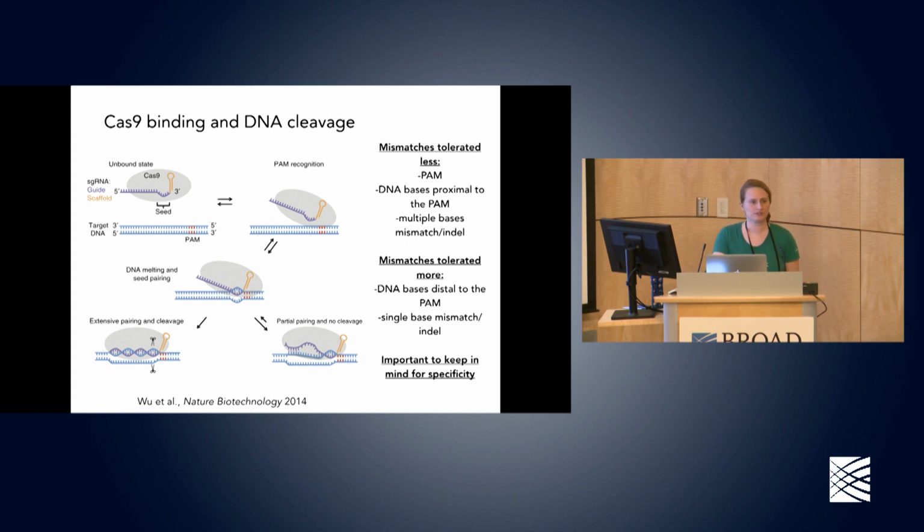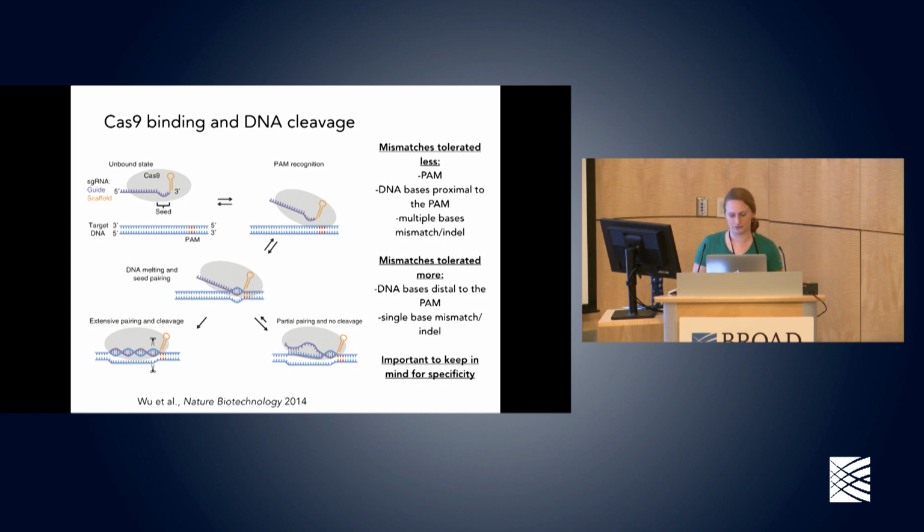One of the important reasons why I like to show this slide is that it gives you some insight into the binding and cleavage mechanism. This can also give you some ideas on how certain mismatches may be tolerated, and that's key for understanding Cas9 specificity. Cas9 binds relatively promiscuously throughout the genome, since it first relies on binding at the PAM sequence. And it only cuts when there's really